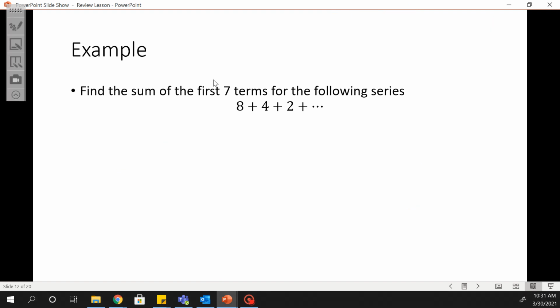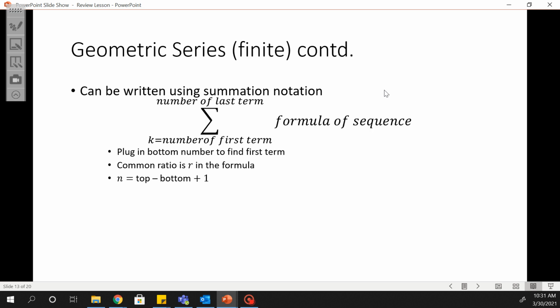Now, just like arithmetic series can be described using summation notation, so can a geometric series. It's written essentially the same way. The bottom tells you where to start, what term to start at. The top number tells you what term to end at. And then after the symbol is the formula for the sequence. Now this will already be in